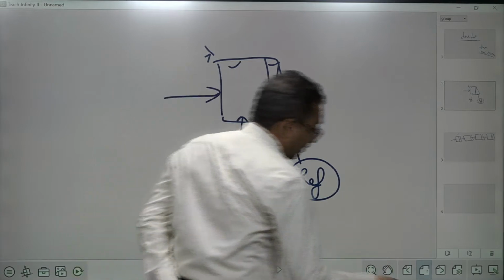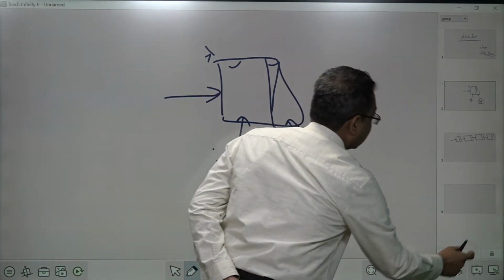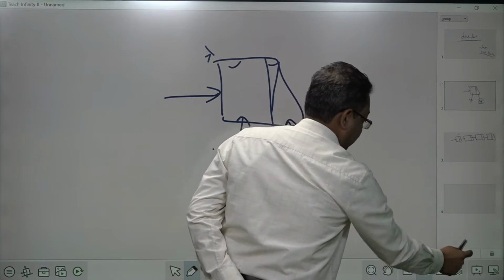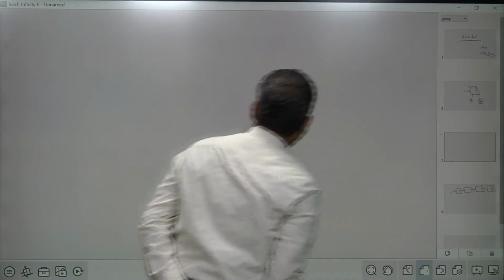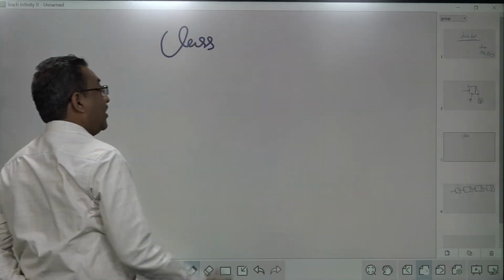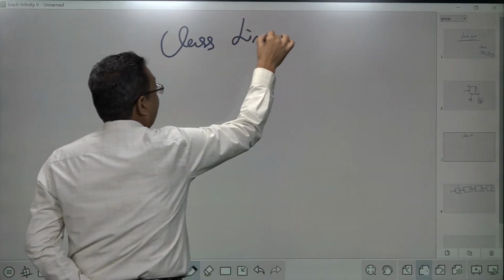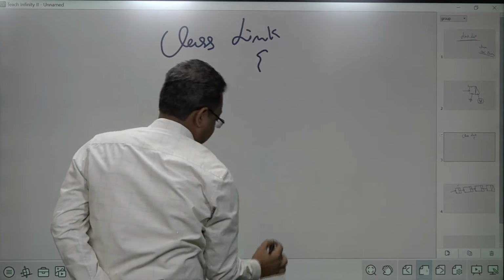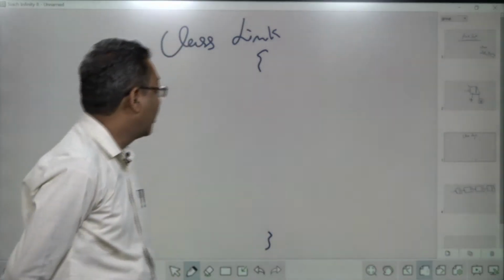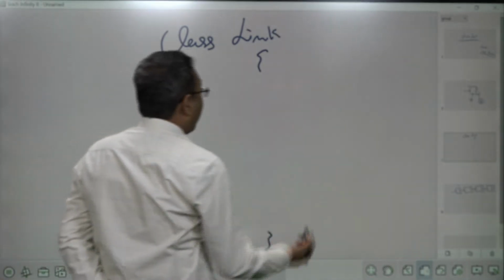So whenever I go for the linked list, I will create a class. The name of that can be anything. For the reference, I am making use of the word link. It must have two parts at least.